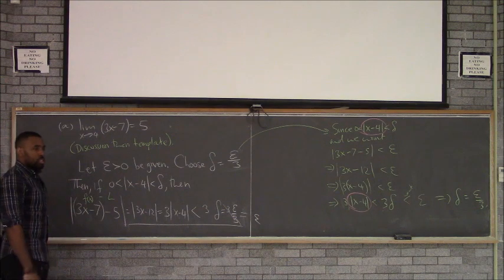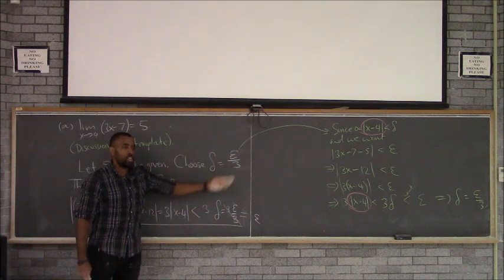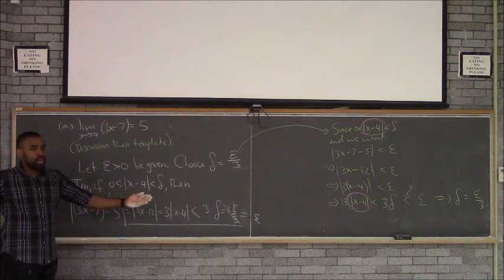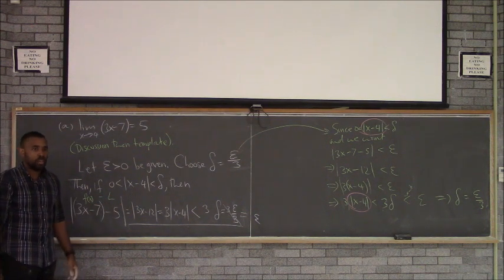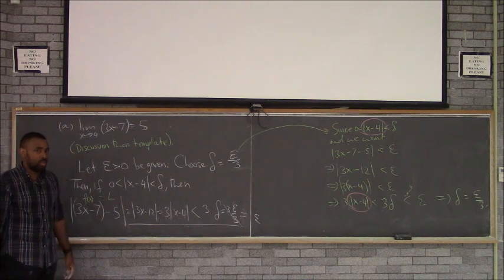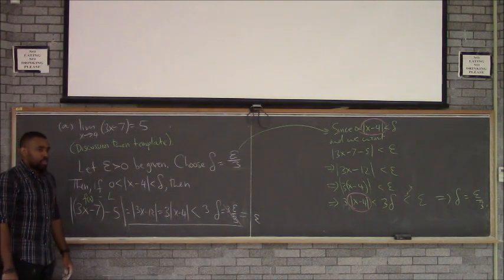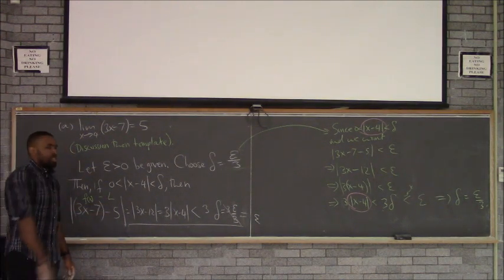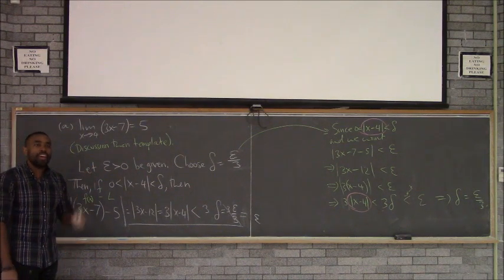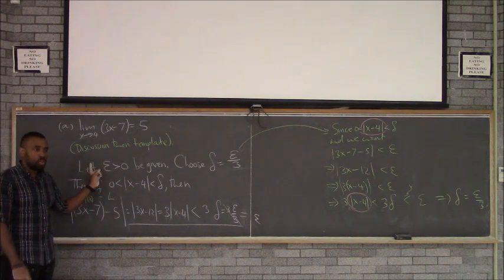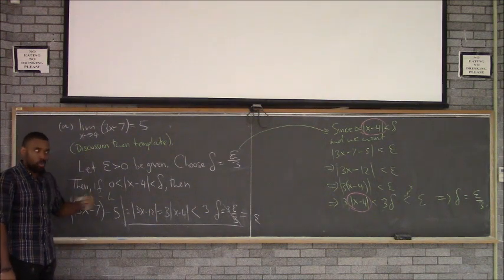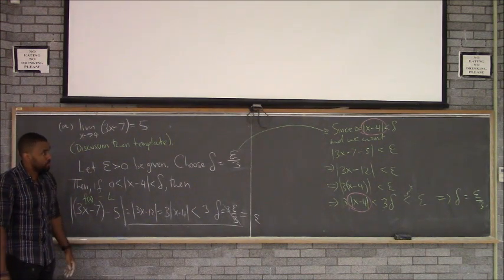So if someone gives you a tolerance, give them a tolerance that's a third as wide. If someone says, you know what's close to me? 30 units, okay? Make sure your x values are within 10 units. No, that's far. 1 unit is close, okay? Make sure your x values are within 1/3 units. No, 0.1 is close. Okay, make sure your delta is within 0.033333 units, and you will get that. Whatever someone tells you, you can tell them how close the x values need to be to get their y values that close. So it's going to be close by anyone's definition.